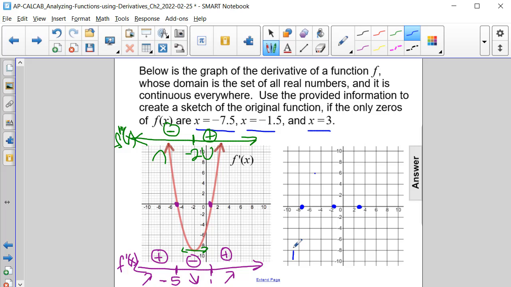So we are going to be increasing and we are concave down up until we get to negative 5, and then we're decreasing and we're concave down again. And we're going to cross through the x-axis at negative 1.5, and when it's at x equals negative 2, that's where the concavity changes,